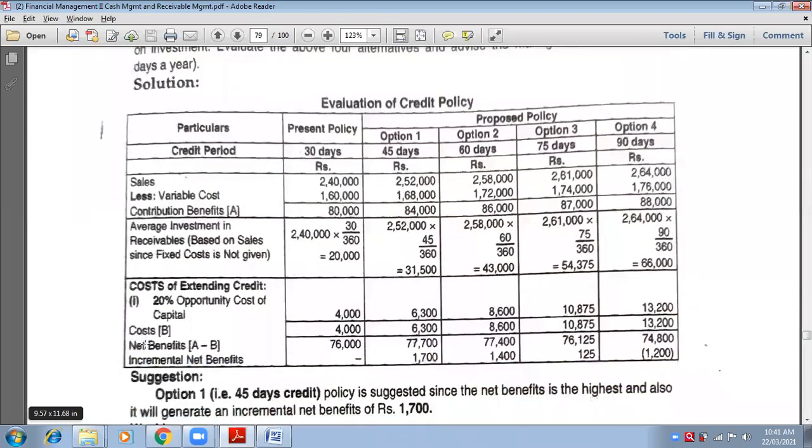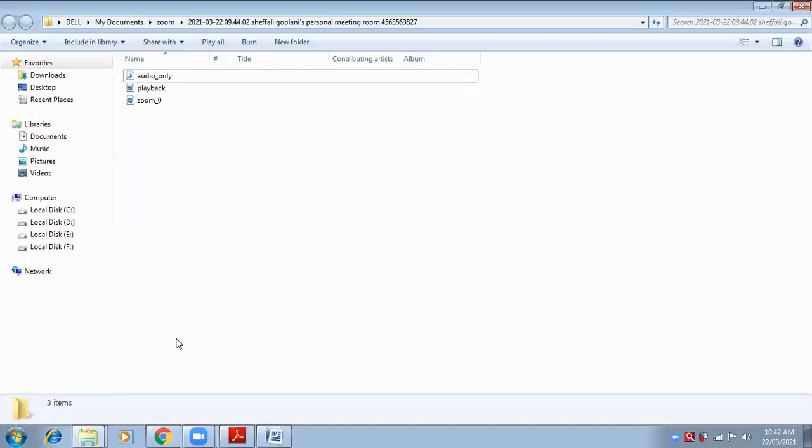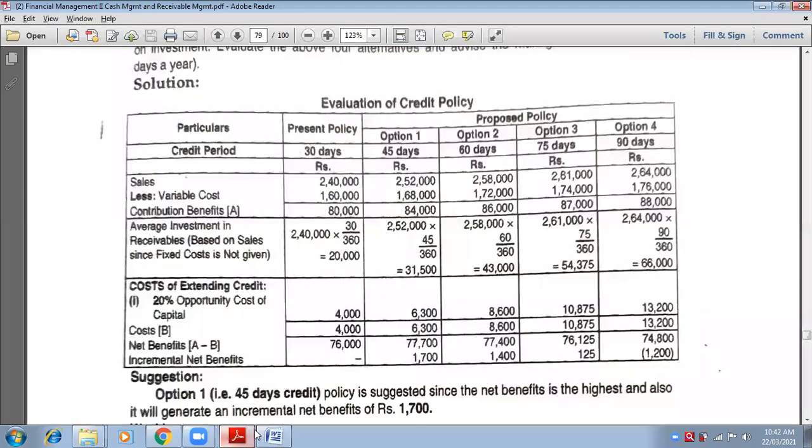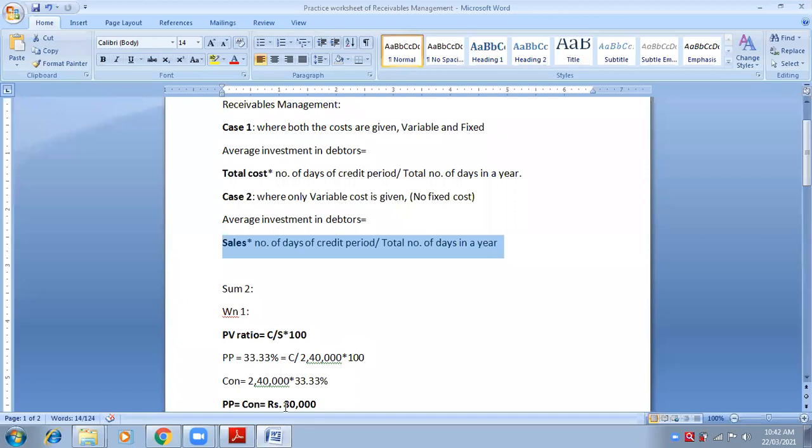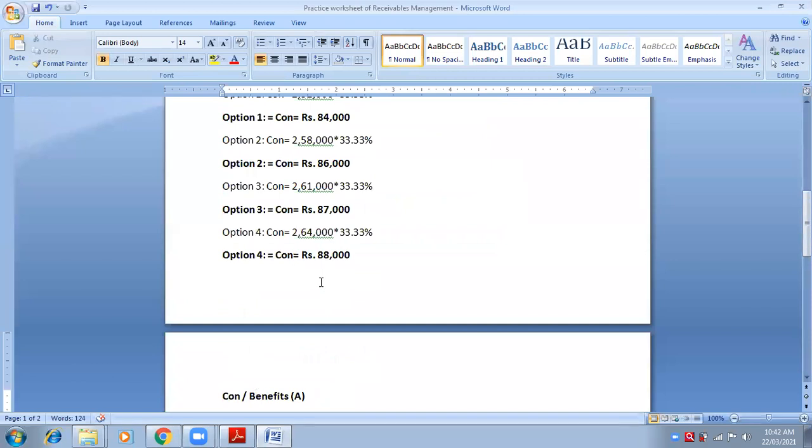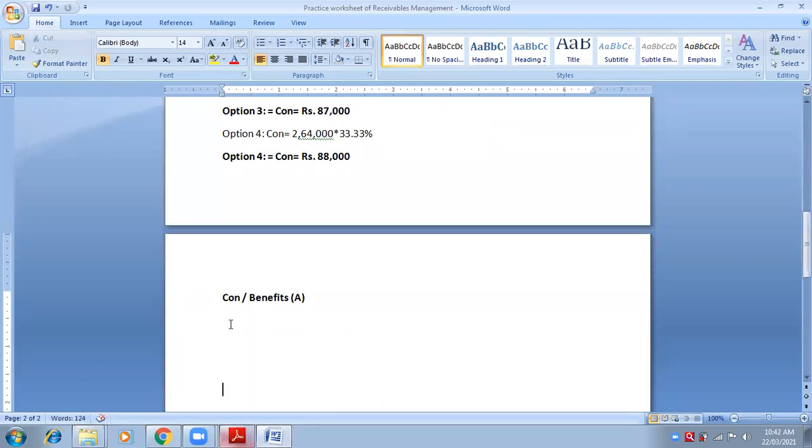Now come to the next line. Write down total cost, and write down in bracket B. Just as you have written bracket A while calculating block A, right away here you have to make block B. So you will write B in the bracket, like this. See, cost or benefits block A. Now you have to write total cost bracket B.